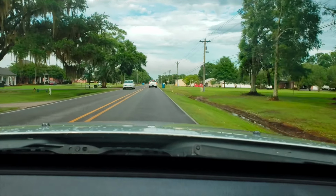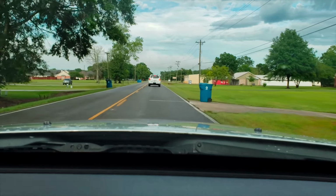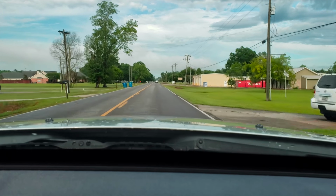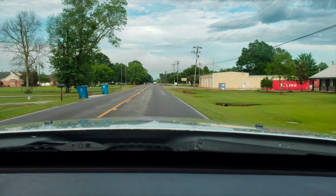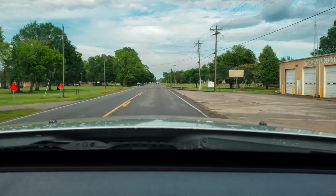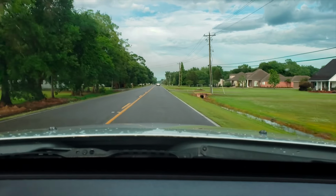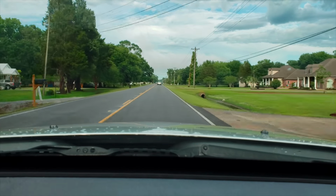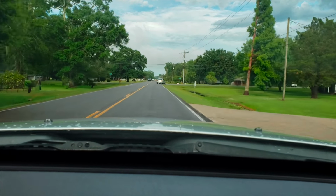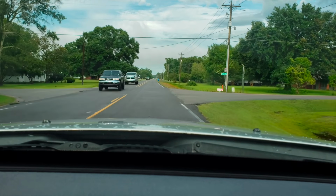A little squirrely under braking. I think it's just because of wet roads and whatnot. But oh man, just a ton and a half of fun. And it has not a whole bunch of crackles and pops and stuff like that, but it has some. But you guys, I mean,